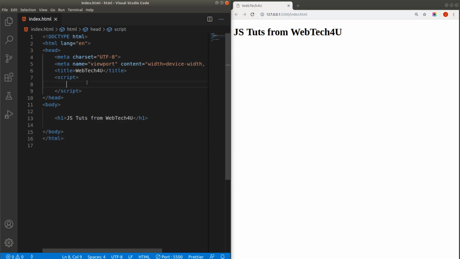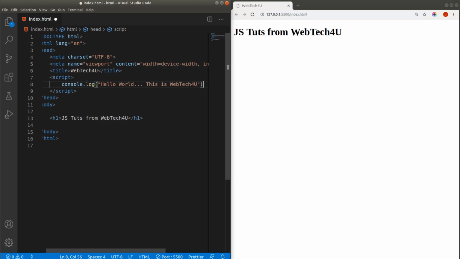So first of all we will try to print a simple message on the screen with the help of the console.log statement. So whatever message you want to print onto the console, you simply need to pass that message to the console.log statement. So here I want to pass a simple message, and after saving the changes the message will be printed